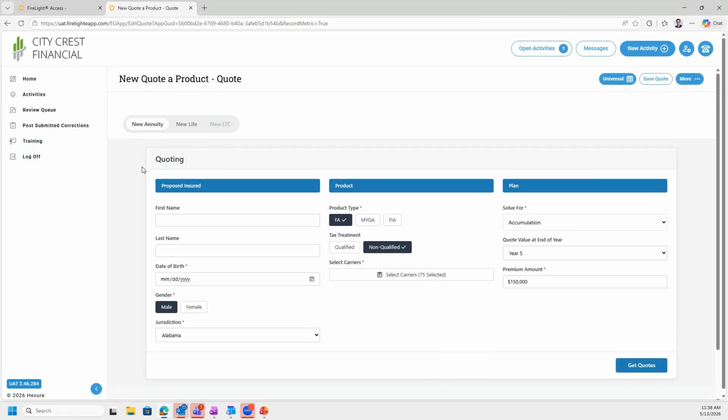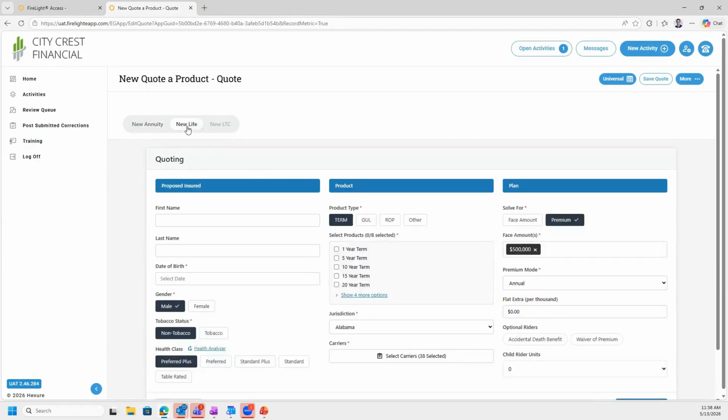This is another reason why we've gone to a new user interface: the tools that we're coming out with are going to be built around a new modern look and feel. And we want it to feel like it belongs. So here's the quoting for the annuities. As it sits right now, we have fixed annuities, multi-year guaranteed, and fixed indexed. And on the life side, as you can see here,